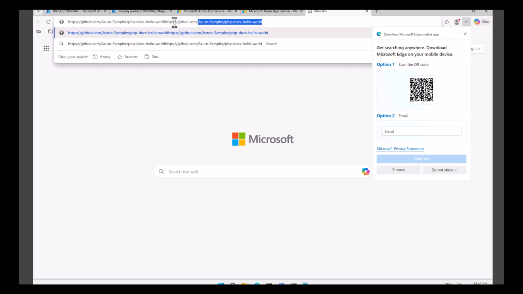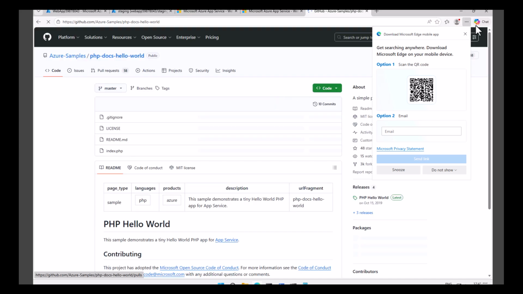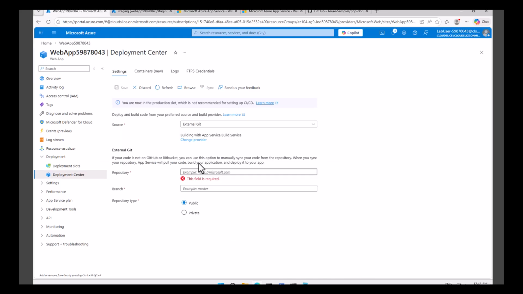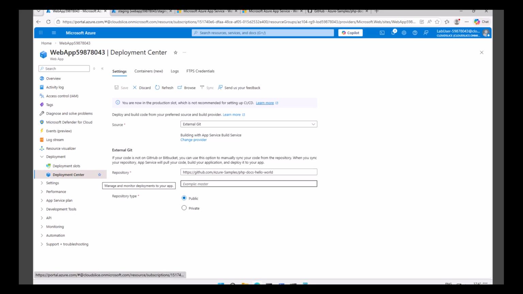Okay, let me remove this. Yep, here we go. Now we have the master here. So I can come back here, enter this URL, and here I will need to specify my branch. So I will go with this master one here. And this is publicly available, right? So I can simply save this. One thing, I think I'm about to do one thing wrong here, because this is my main web app,